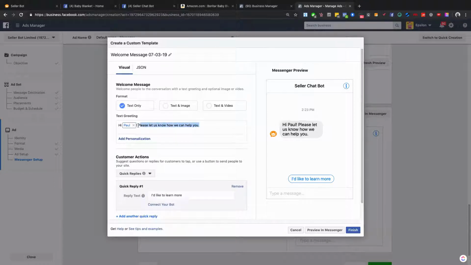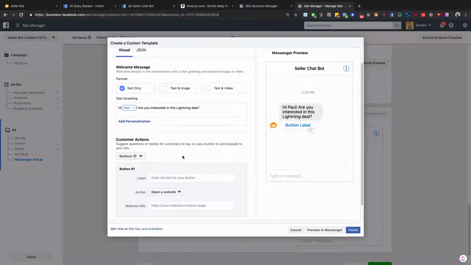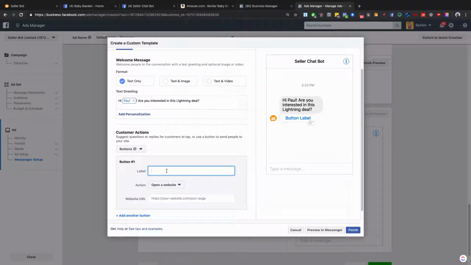So I want to say, hi Paul, are you interested in this Lightning deal? Ask them a question, so when they click on the ad, it will open up this question, and now you can either use quick replies or you can use buttons. I recommend using a button because with quick replies, if they, let's say, type a message, the quick reply disappears, but buttons are stuck there. So use a button, and if they say yes,